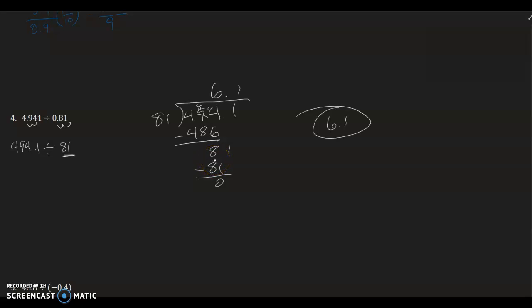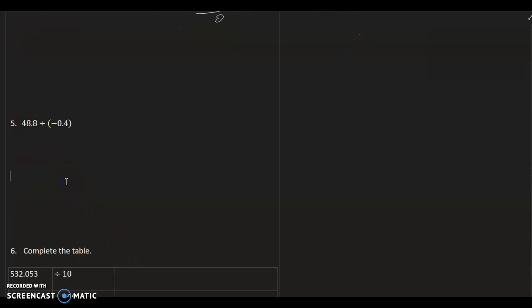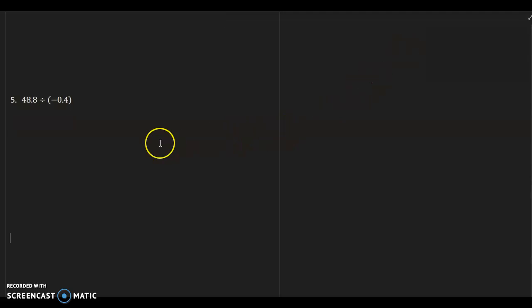All right. Now, stacked on top of all of this is the fact that if we have signs here, it works the same way. So without even really attempting this problem, we can know that our answer is going to be negative because a positive divided by a negative is a negative. Now we need to figure out what we're going to do if we have 48 and 8/10 divided by